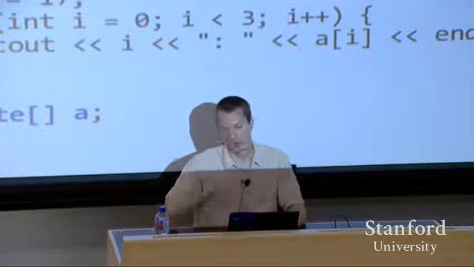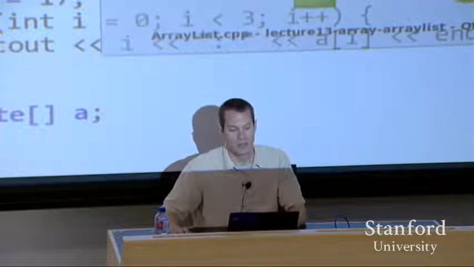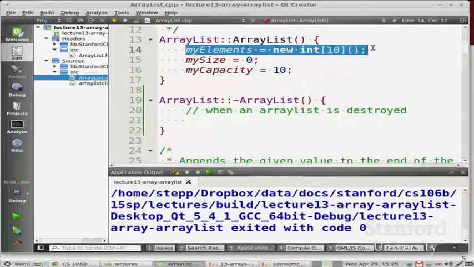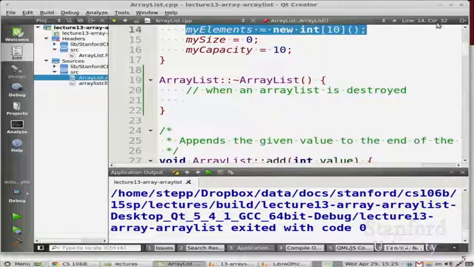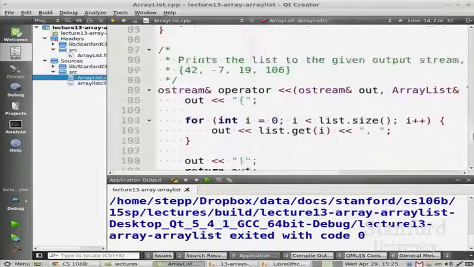Well, this program here has a memory leak in it. And the memory leak is when we create an array list, we create an array of 10 things, and we never free up that array ever again. There is a place where we delete something. At the end of class last time, we wrote this